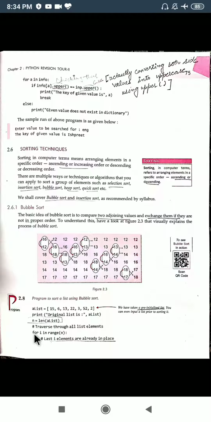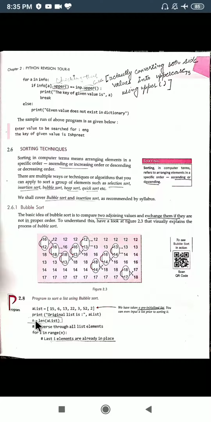Now again we are beginning with the for loop. i refers to range n, n is 7, so it will vary from 1 to 7. This will help you to know how many passes you are making. This is for the number of elements. To arrange these 7 elements we will need certain passes. So passes are being used with the help of the length that we have calculated here.